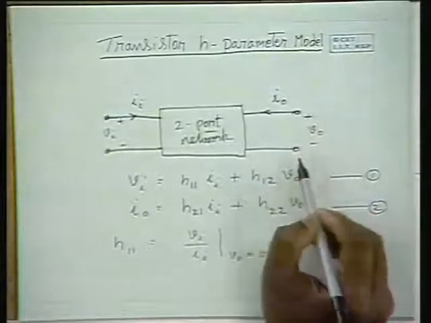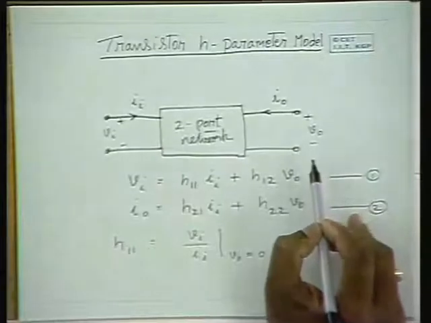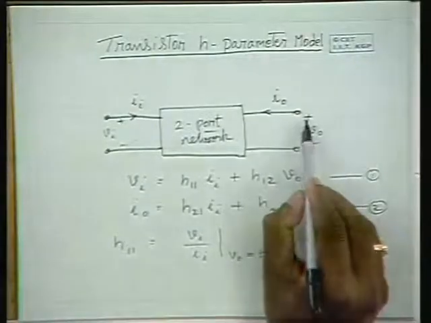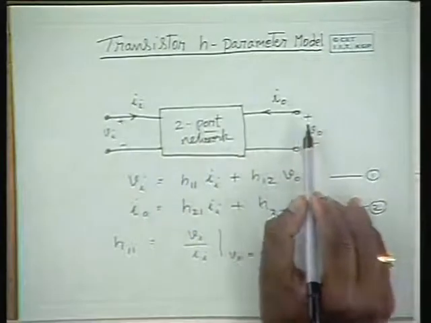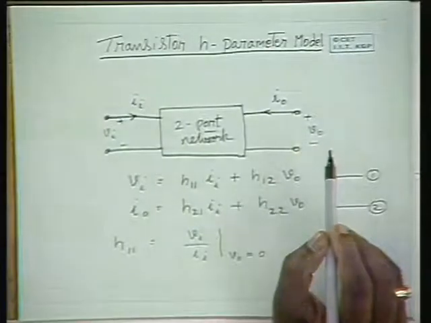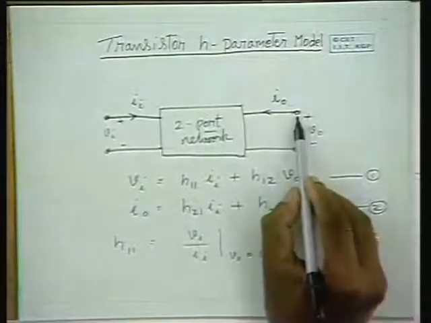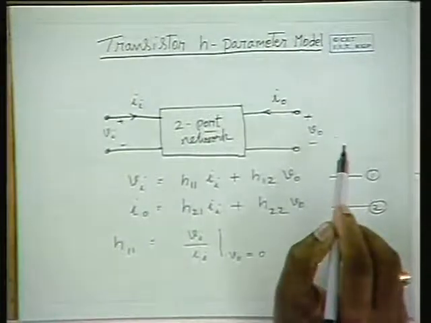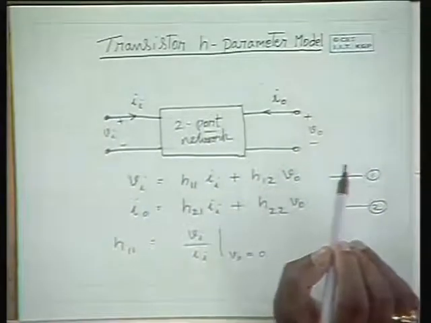And here V0 is 0 means the alternating signal V0 is 0. And alternating signal is 0 means the collector to emitter voltage VCE, for example in a CE amplifier, the output voltage is across from the collector to the ground, and if there is no emitter resistance, it is the collector to emitter voltage. So that voltage is held constant at VCEQ, at the quiescent voltage itself, and no alternating signal is allowed.